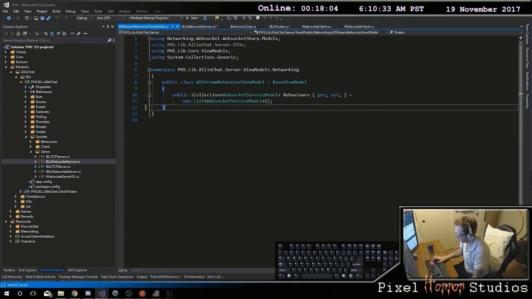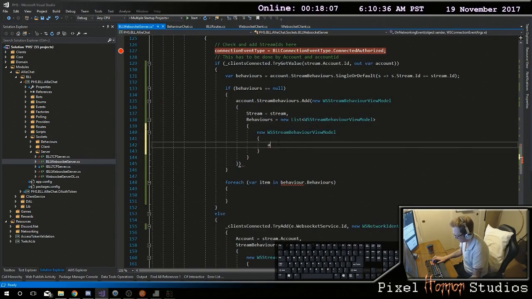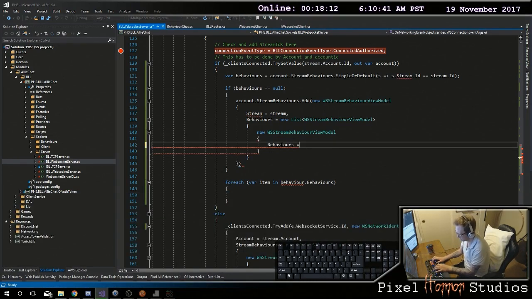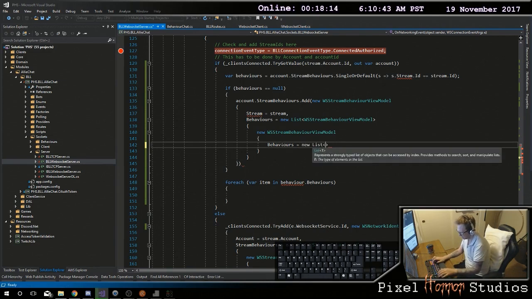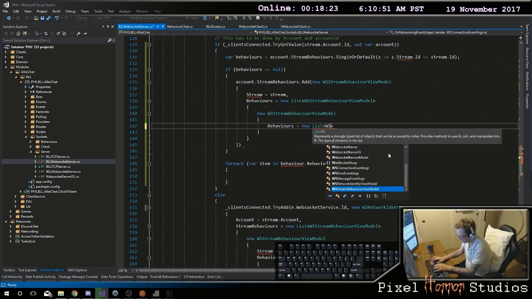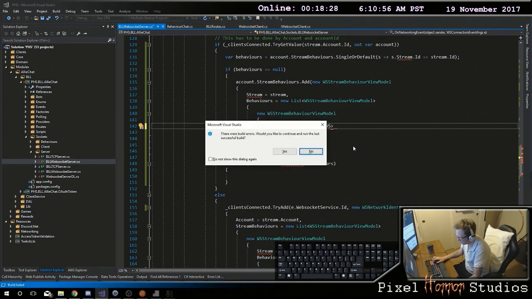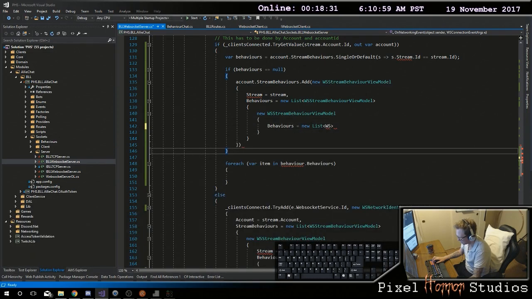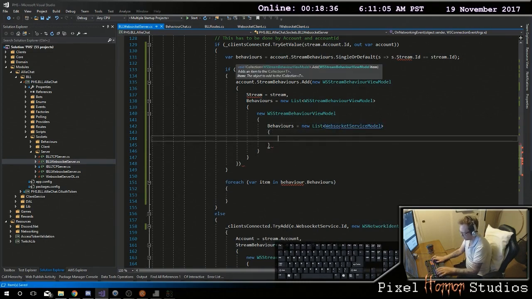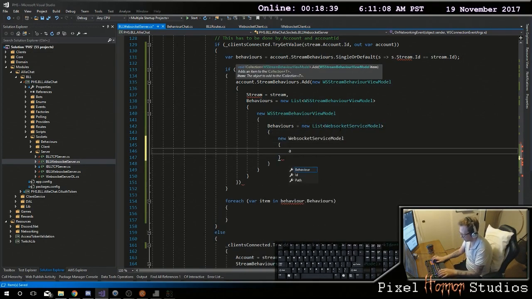This thing also has a stream on it, which it doesn't need. Like that. Behaviors here is going to be a new list of my, where's the behavior that we want? What's the list on this thing? It's a list of WebSocket service model, which needs to have a new one of these in here, which is a behavior is equal to your,